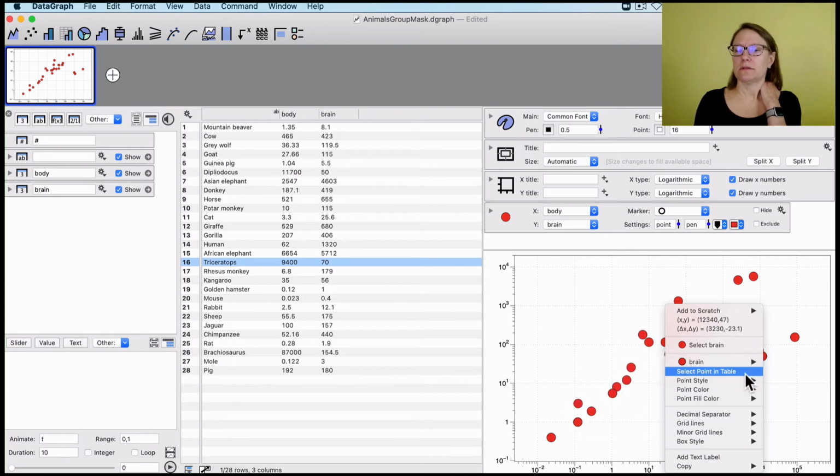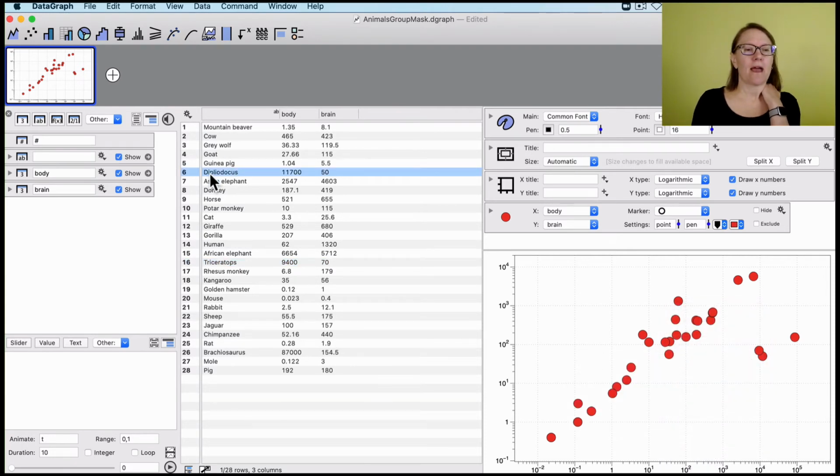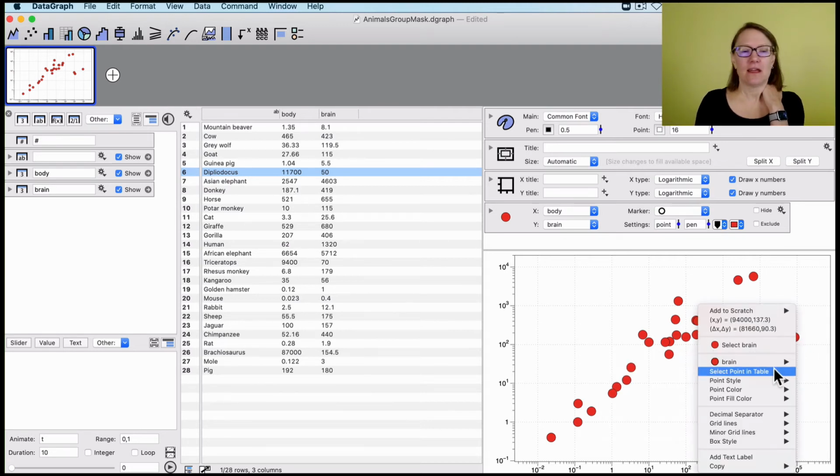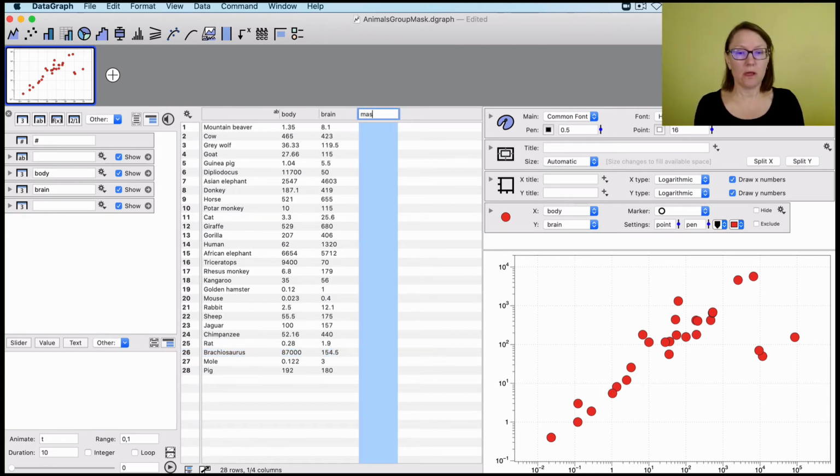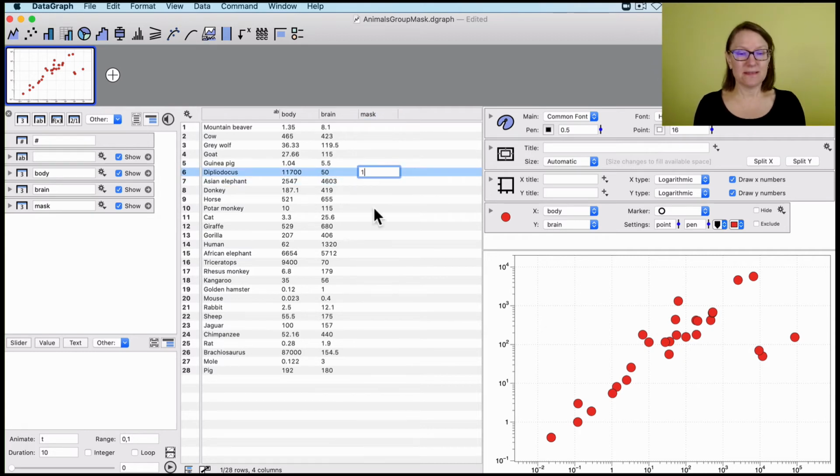And if I select another one of these points, I don't even want to pronounce this. Here's another dinosaur, and this last one is another point in my table, Brachiosaurus. These are outliers from my main set of data. Say I wanted to do a regression on this, but I didn't want to include those particular species in my regression. Again, we like this to be very data driven and recommend that approach. It's a good way of dealing with data because it can show me exactly the logic I'm using